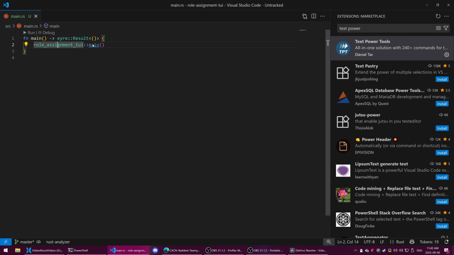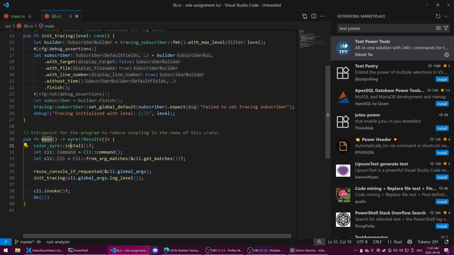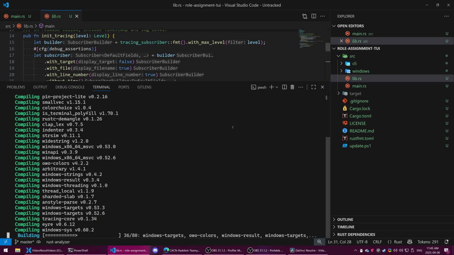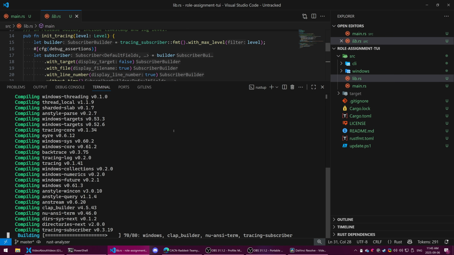So in our program, when we call main, that will bring us to this entry point where we're going to install color-eyre, which will give us colorful error outputs. And we're going to use eyre results everywhere so that we don't have to care about error handling as much. This template comes with some additional stuff that we will be able to strip out because we don't need it for this demonstration. So we can run our program and we'll get the help output from the default program,